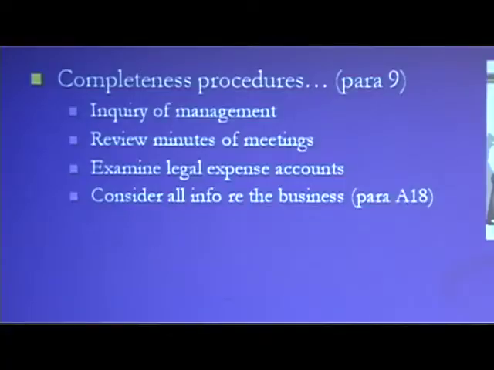The first point there would be in paragraph 9, and then going into the detail in paragraph A18 in the explanatory paragraphs. The nice thing about that is it gives you a couple of procedures there around the completeness of litigation. So instead of having to remember those, there are 4 procedures there that you could go along and use to get evidence that all litigation or claims have been identified and recorded.